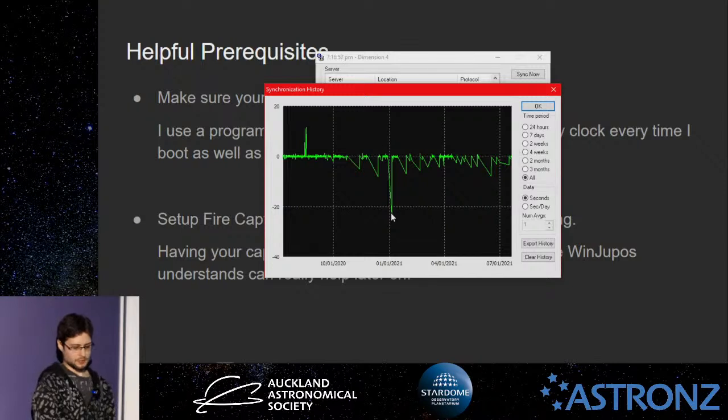I also use it for if I'm doing DSO imaging and I capture an asteroid or a comet or something, I want the times to be as accurate as possible there. So it's not a necessity, but it's definitely something that helps out. And if you can keep your computer clock as accurate as possible,